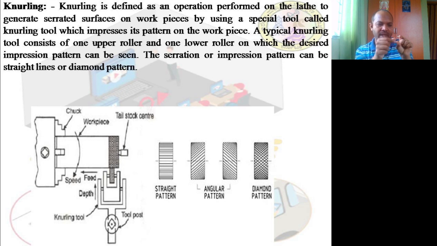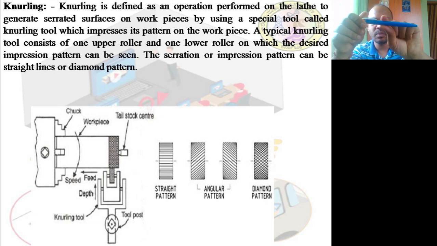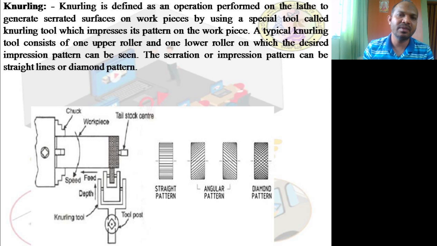Actually, in a knurling tool there will be two circles. One roller over here and the other roller will be here. It's something like two wheels. In between this, the tool will be made like this. Can you see this? This is one wheel and this is the other wheel. Both the wheels are rotatable and both will have an impression, and the tool will hold like this. Since the tool is rotating like this, what happens? The impression from this and the impression from this both will exert onto this. That is the significance of this knurling tool.